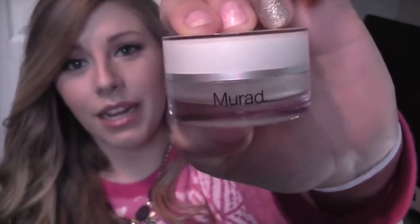And although I just got this for Christmas, I've had quite a few samples of these that I've gotten from online, which is how I realized that I liked it, and then I went to the stores to keep getting samples to make sure I wanted to invest in this product. So this is the Murad Hydrodynamic Ultimate Moisture for Eyes, and this is an eye cream,